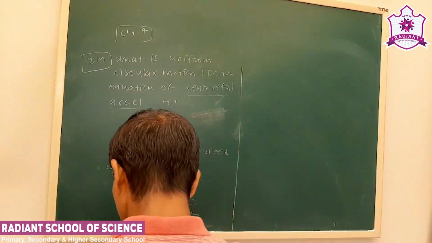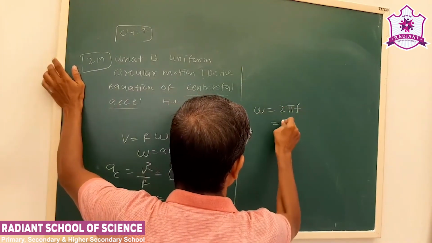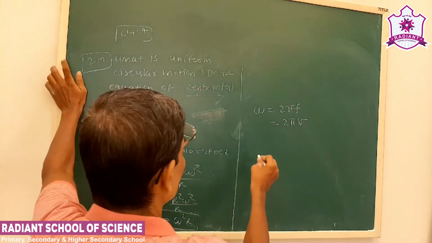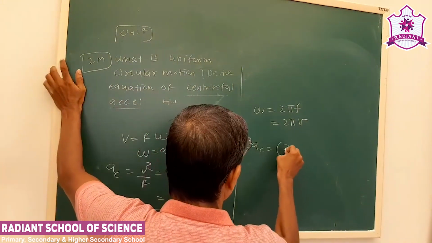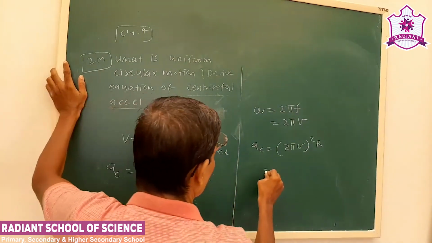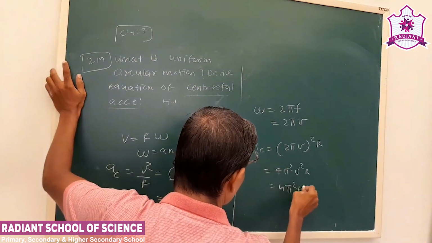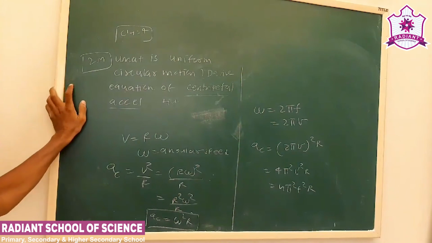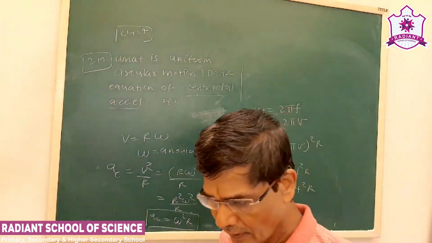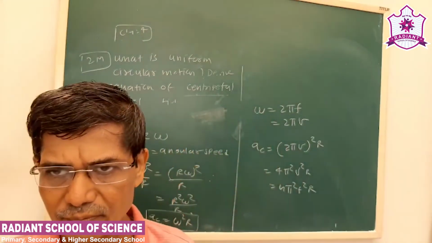Now, this is about centripetal acceleration. Omega is the angular frequency, or 2 pi mu. Okay, omega is the angular frequency. So here AC, if I write omega as 2 pi mu, we can write 4 pi square mu square R. Sometimes it is mentioned like this, where f is the frequency. Okay, so these are the relations of rotational motion with uniform circular motion. So this is about uniform circular motion.